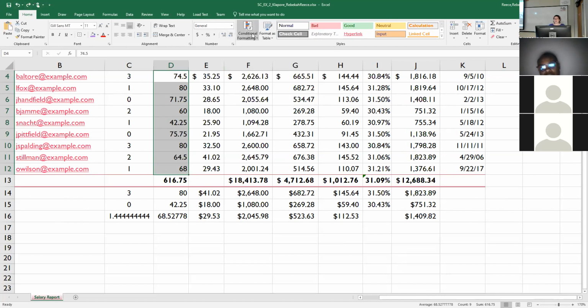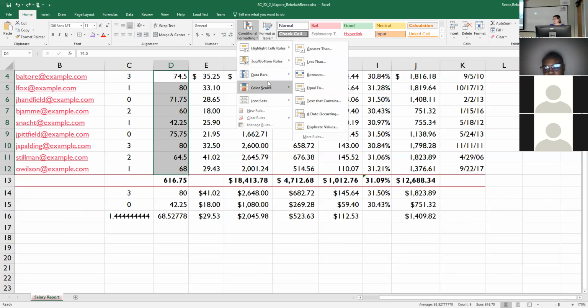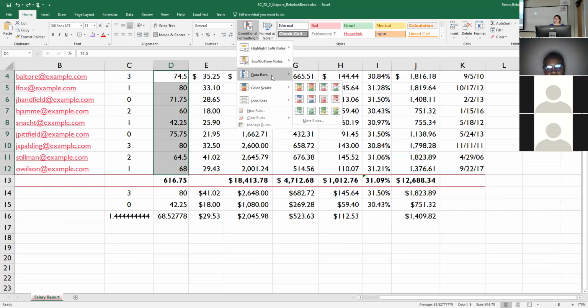And then on our home ribbon, you will see that there is a conditional formatting. It's pretty much right in the middle of that home ribbon. When we click on that, you will see that there are several predefined formatting options. We're not going to use any of those, okay? I think you might in the homework projects, but it'll tell you use the data bars and whatever, okay? But we're gonna go down, we're gonna set our own rule. So we'll click on new rule,